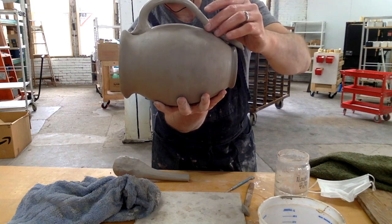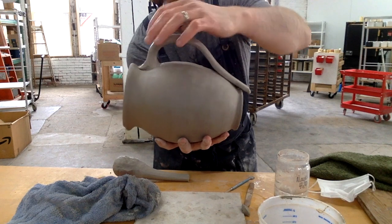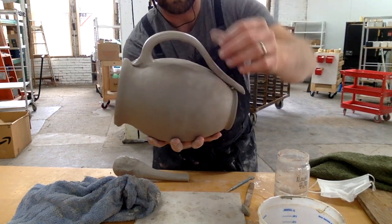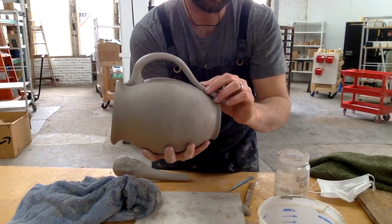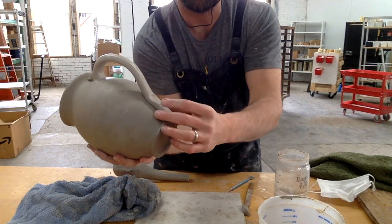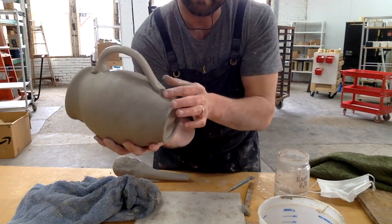But I can take a little time here, make sure that the handle doesn't come too far away from the pitcher. It's more functional when it's closer to it. It's easier to grab onto. And the way that this lays on there, I'm just going to press in right where my score marks are, towards the bottom of the pot, and then pinch onto this and rip that clean, bring it to a kind of a point,